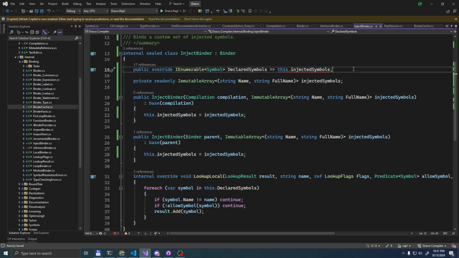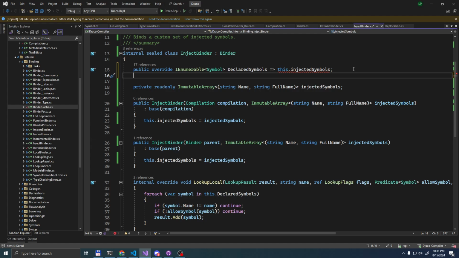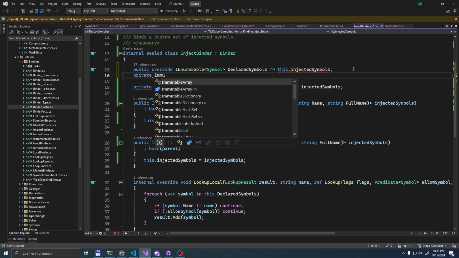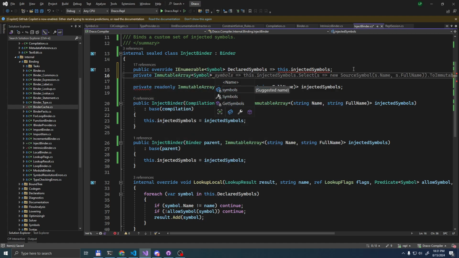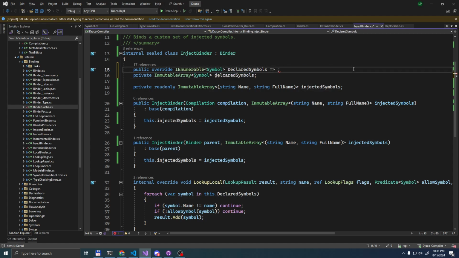So this thing should become something lazy now, because I don't want to re-look up everything when we request this. No unnamed tuple fields in public API is a good thing.